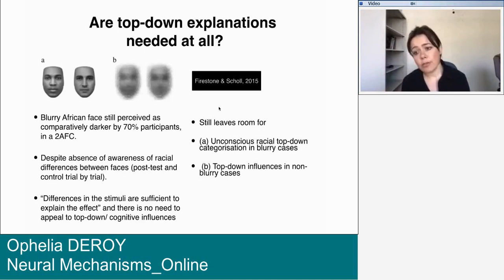But what they really should have done in order to push the argument further is to show that once you introduce the morphological features again with the same participants, then there's no difference with what the strength of the effect was in the case of the blurry faces. Unless we have this strict comparison showing that the effect is exactly of the same strength independently of the availability of the morphology or not, it's still very difficult to say that, well, when the morphology happens, then you still have this lower level